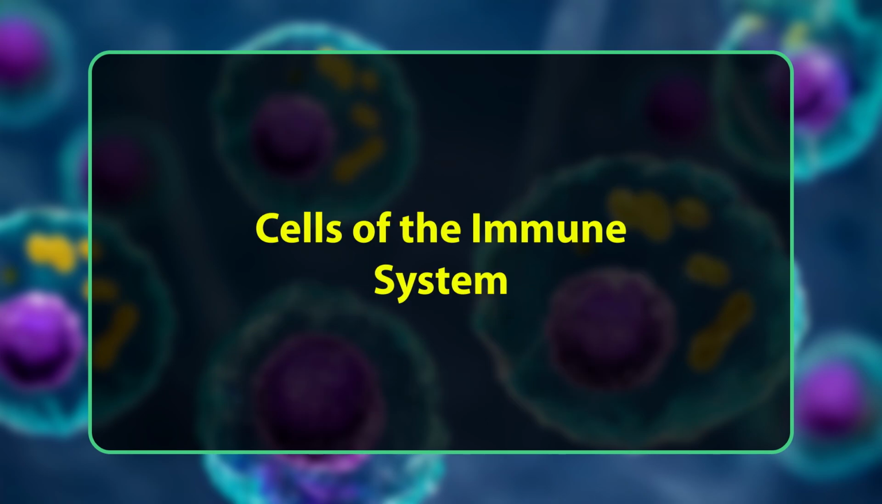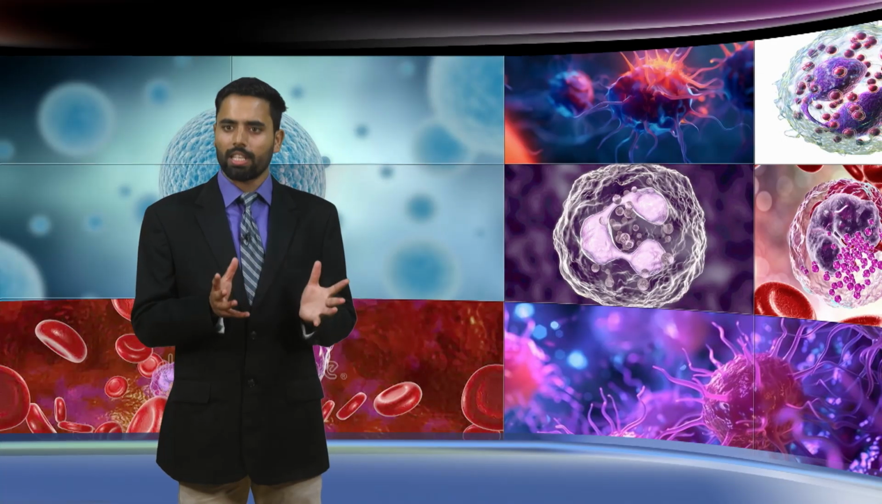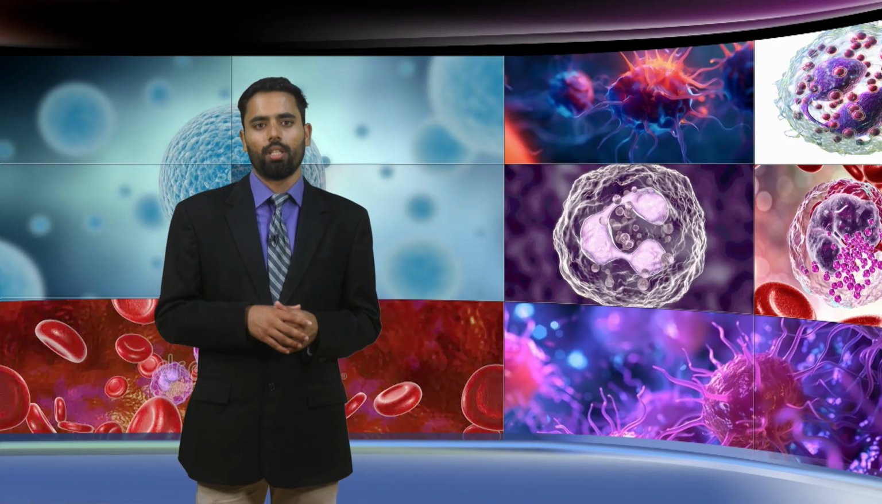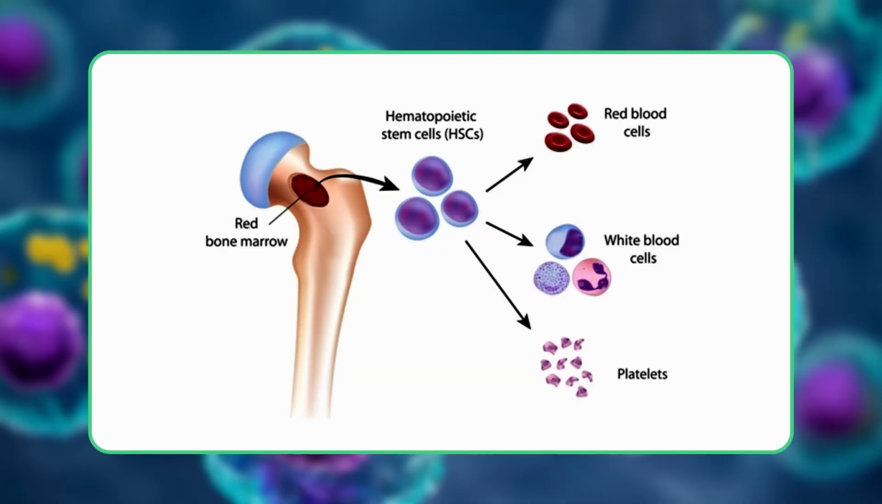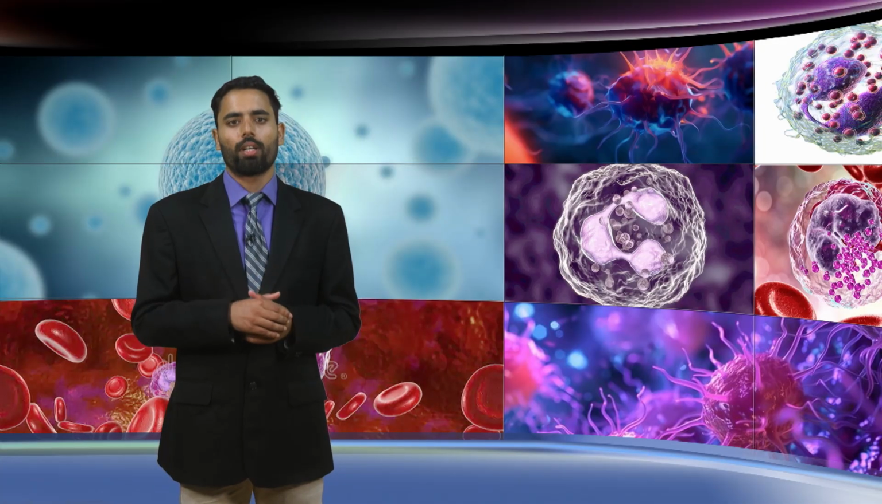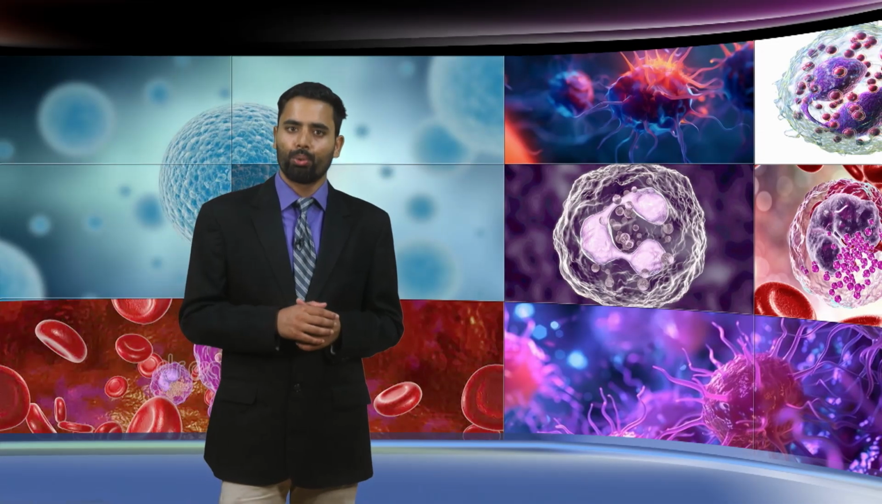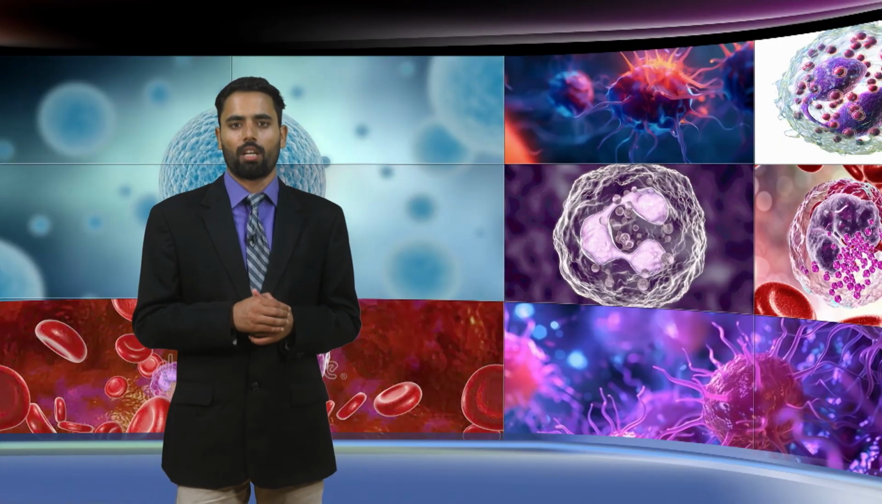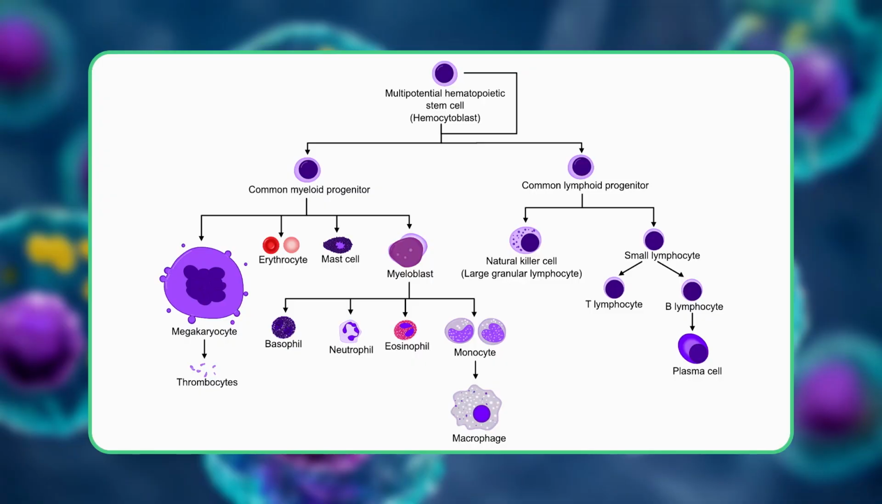Now, let us discuss the cells of the immune system. The immune system relies on a diverse array of cells to defend the body against pathogens. All these cells, whether RBCs, WBCs or platelets, derive from the same progenitor or precursor cell, that is the hematopoietic stem cell in the bone marrow. These pluripotent cells divide to produce two more specialized types of stem cells, a common lymphoid progenitor that gives rise